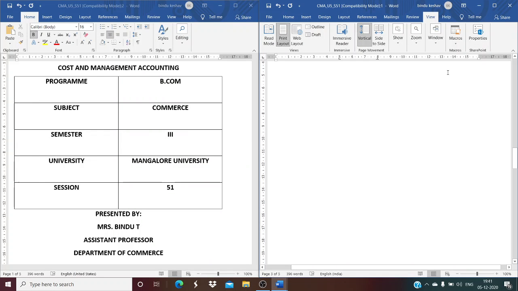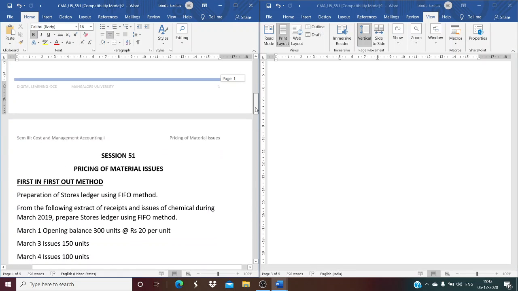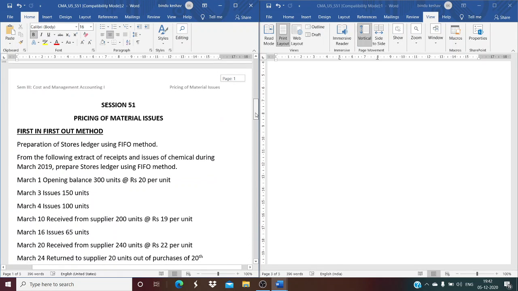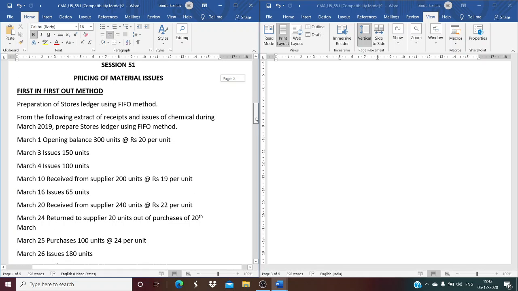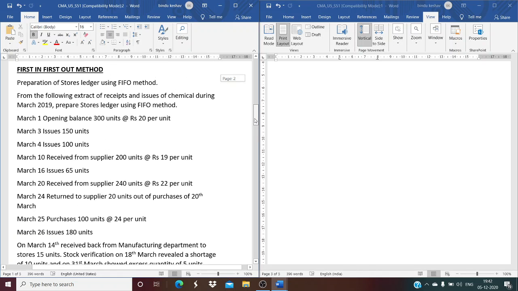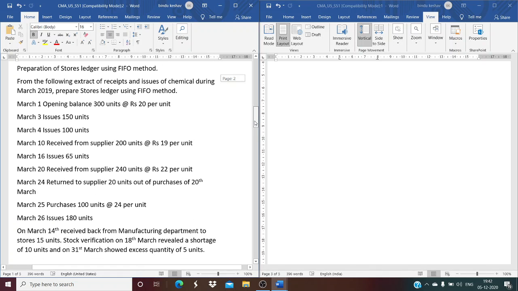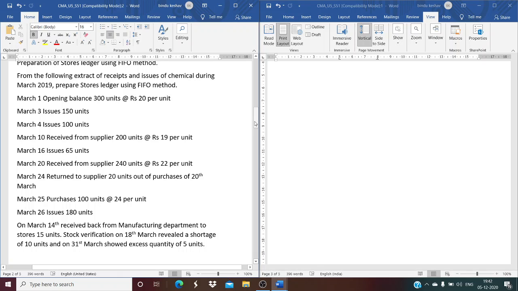Dear students, welcome you all to session 51 of chapter Pricing of Material Issues, Cost and Management Accounting, 3rd semester BCom of Mangalore University. Session 51 is about the preparation of a stores ledger using the first in, first out method or FIFO method. From the following extract of receipts and issues of a chemical during March 2019, prepare stores